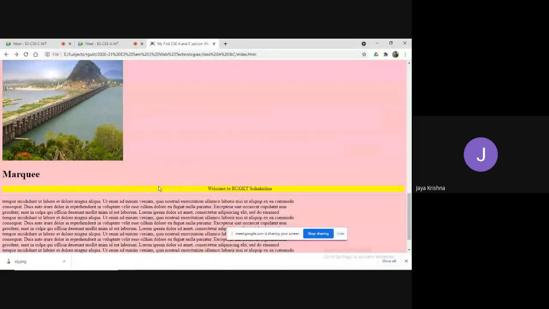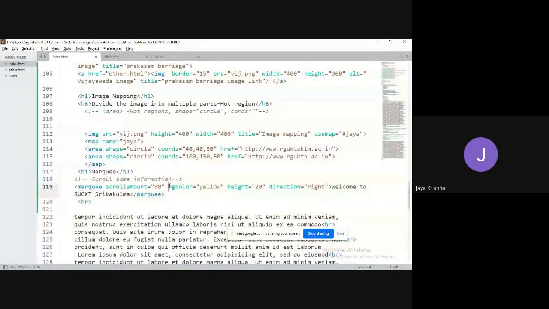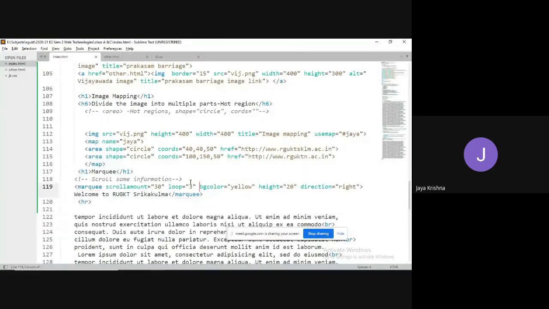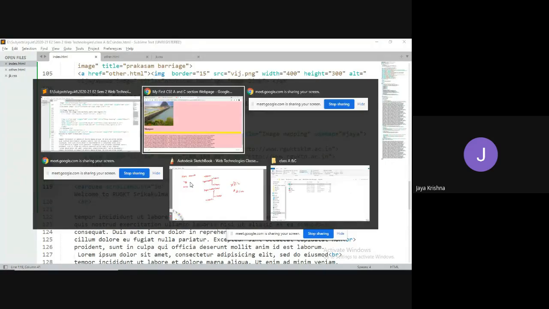Now its speed will be increased. Yes. So if you would like to define how many times it needs to scroll, for example, I would like to scroll it 3 times, then I can go for an attribute like the loop attribute. See, count: 1 time, second time, third time, completed, right? Now it is not scrolling. So that property you can get through the concept of loop attribute. If I make a refresh, once again it starts.